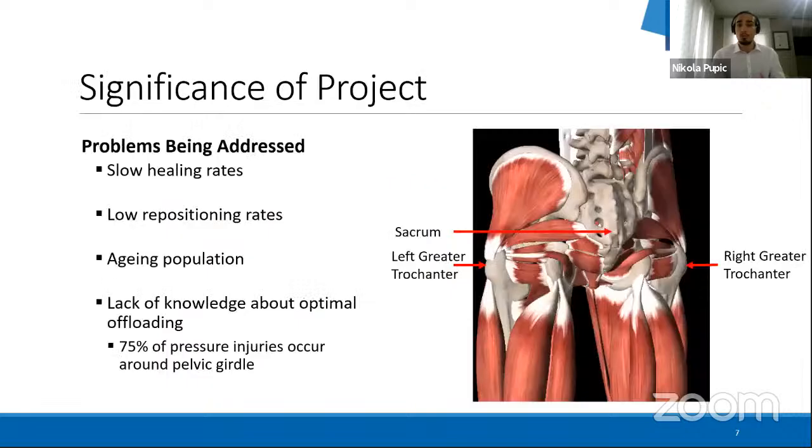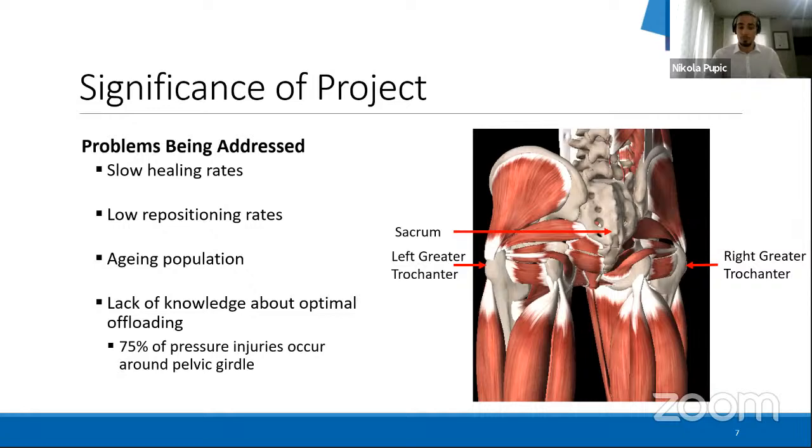This project is important because it directly addresses the slow healing of pressure injuries and the low adherence to repositioning rates. If we factor in our aging population, there is potential for the healthcare system to become even more overburdened by patients suffering from pressure injuries. Furthermore, approximately 75% of pressure injuries occur around the pelvic girdle. This suggests that we need to identify a better way of understanding how high-risk areas, like the greater trochanter and the sacrum, are being loaded, in order to determine the optimal positions for offloading and how to minimize the risk